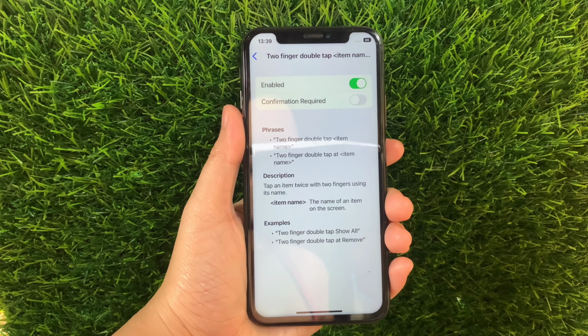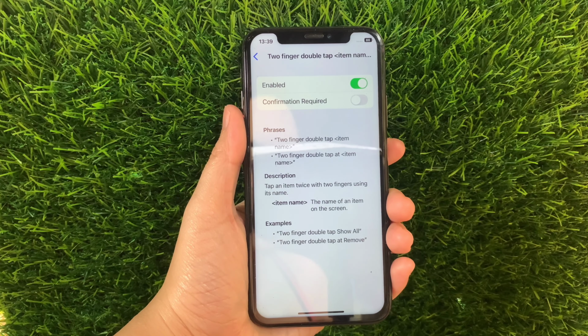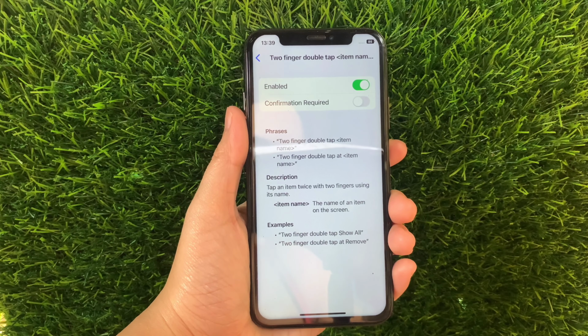And that's it, we have successfully enabled and disabled two-finger double tap item name basic gestures voice control on iPhone